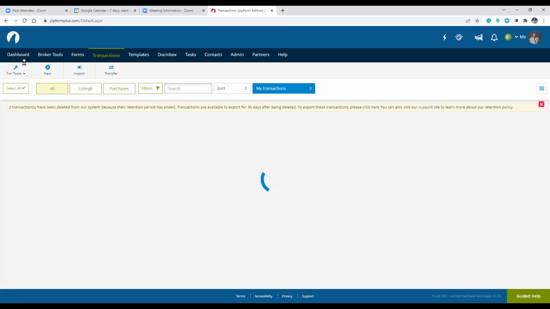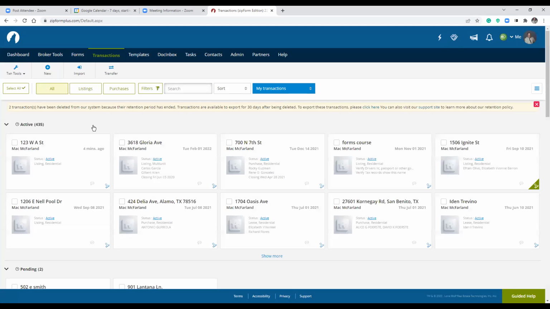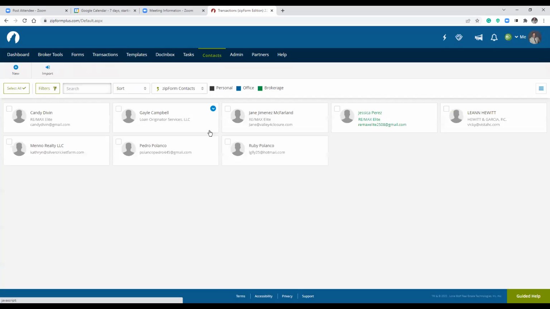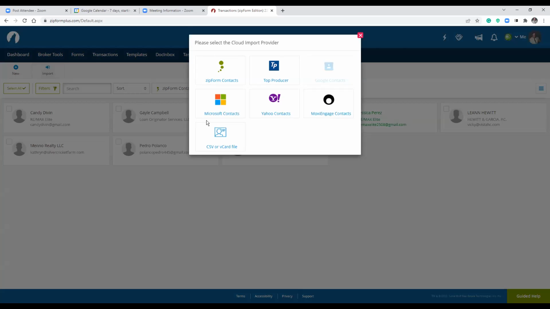Your contacts, yes, sir. Let's see, right here underneath. So I'm on the main screen, right? Right here underneath contacts, you can actually decide, you can manually do it, that I know for sure. And right here it has import. So you can import it this way and it only pulls from these. It's all they have. Google Contacts is out. You have Microsoft, Moxie, CSV